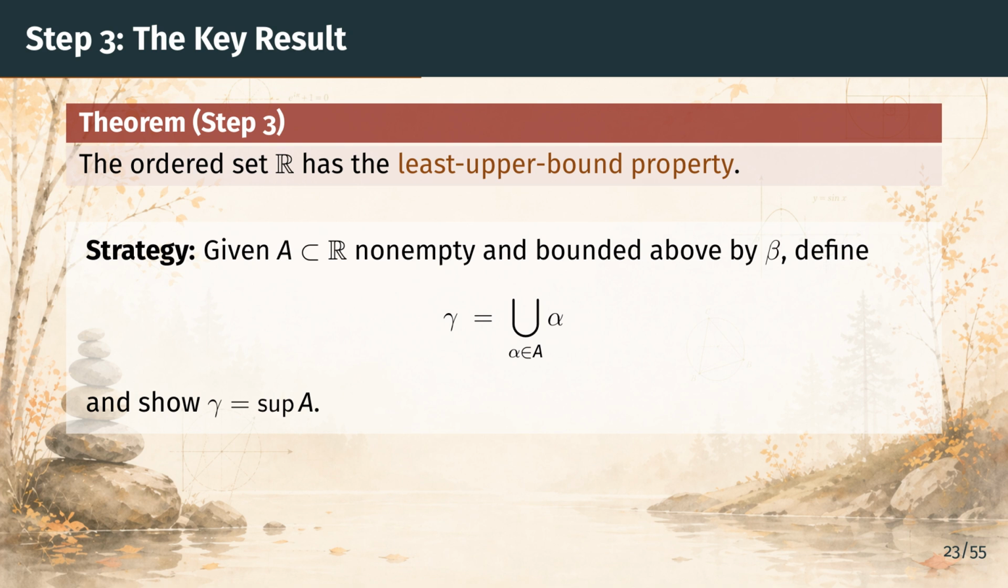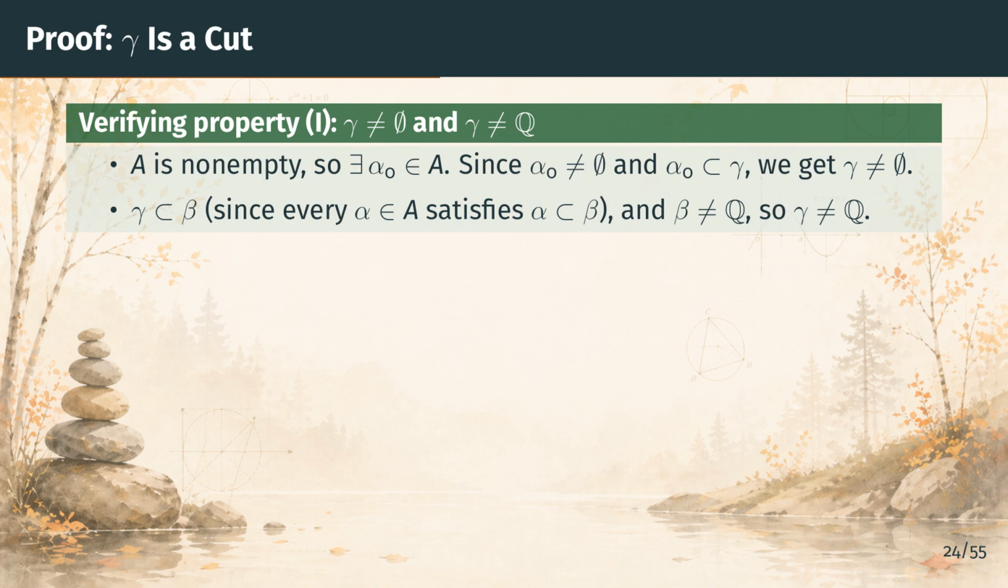The cut formalism is specifically engineered so that unions stay inside the system. Notice how essential the boundedness assumption is here. Without the upper bound beta, the union could in principle swallow all of the rationals and fail to be a cut. The upper bound acts like a ceiling that confines the union, guaranteeing it stays a proper subset. This is why the theorem requires bounded above, not just for the conclusion, but for the construction to even make